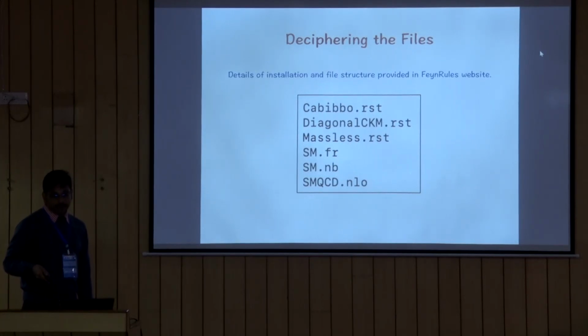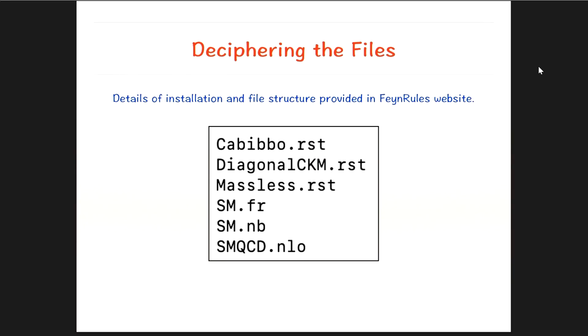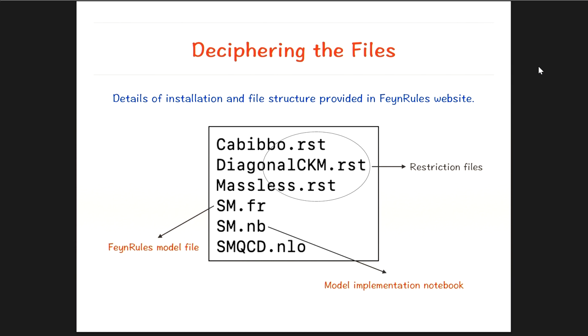So these are the files that you usually have in FeynRules, and there are some files like Cabibbo, diagonal CKM, massless. These .rst are the restriction files, which basically say that these are better not to touch. The files that we usually have to modify, or rather if you want your new interactions to be embedded, is this .fr file. Okay, so this is the model file that we will mostly talk about, and then there is this implementation notebook, which is the standard Mathematica notebook. It's called SM.nb,